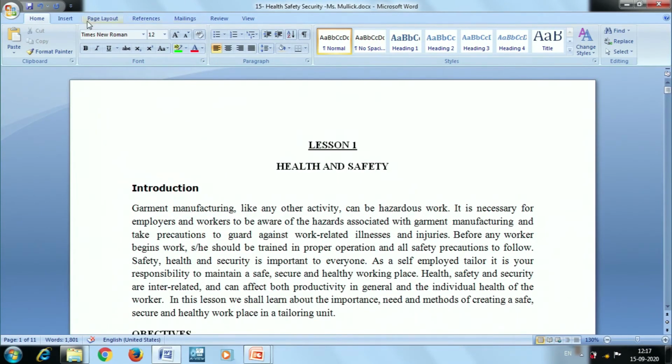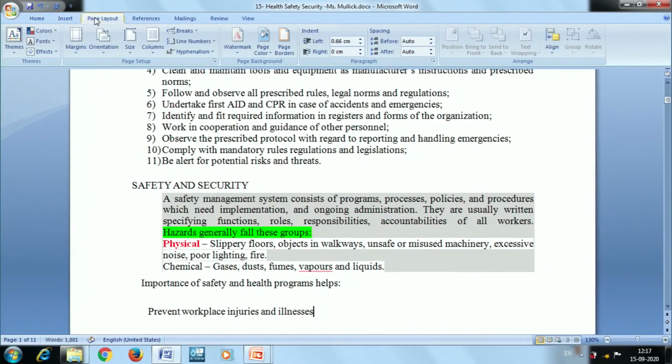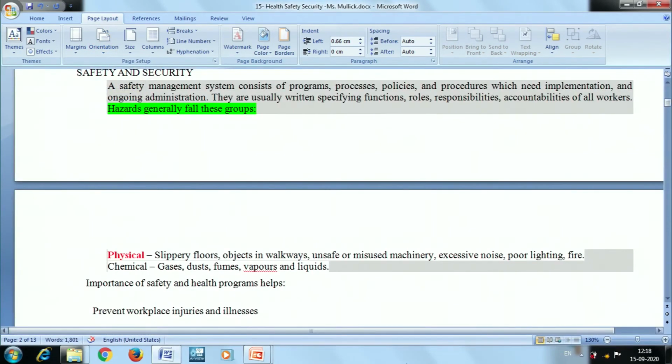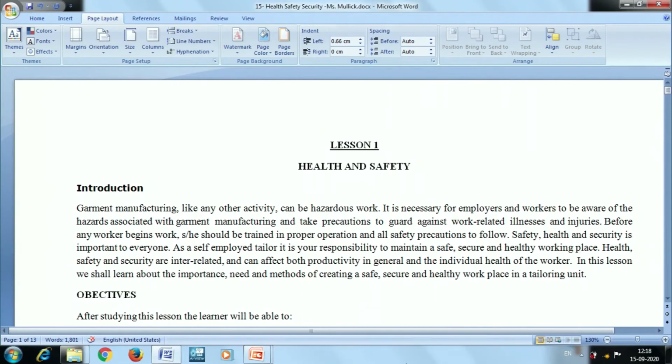So we can also do the page formatting. For doing the page formatting, we can go for the page layout. In that we can choose the way our page has to be aligned. Suppose I am choosing the option of landscape. Here portrait is selected, so my document is written in this way. If I choose landscape, my content will be placed width wise. So the width is a little bit more, but the length of my document will be less. You can go for portrait or landscape, whichever way you like.